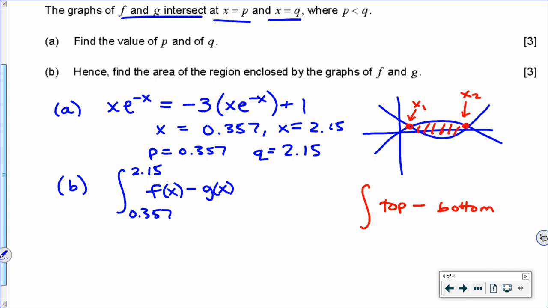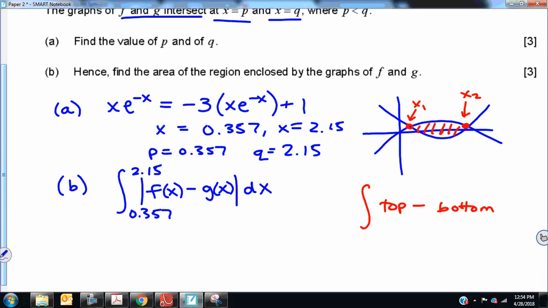If it's not clear to you which one's on top, which one's on bottom, you can put absolute value around these, and that way, even if you've subtracted in the wrong order, you can still get the right answer, because the area should always come out positive. You could actually fill in the functions there for f of x and g of x, and you'll have to on the calculator anyway, but this we can evaluate directly on a calculator. So let's just remember how. When we go to